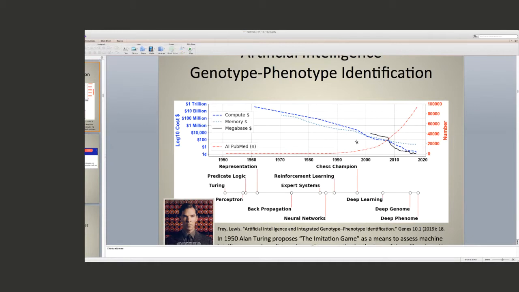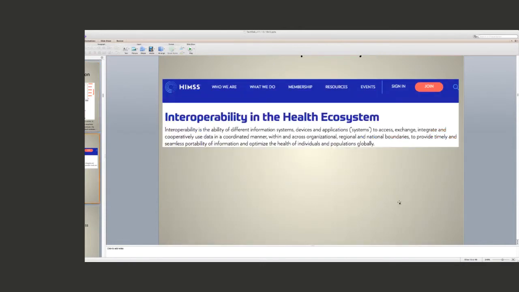going on. We have this compute now, which then allows us to get to a technology that's now capable, called deep learning. It cracked the object recognition and vision problem. The huge area of research we can now tie it into deep genome and deep phenome. So when I talk about learning systems, I'm really talking about artificial intelligence, and that this big data in relationship to precision medicine is a perfect area